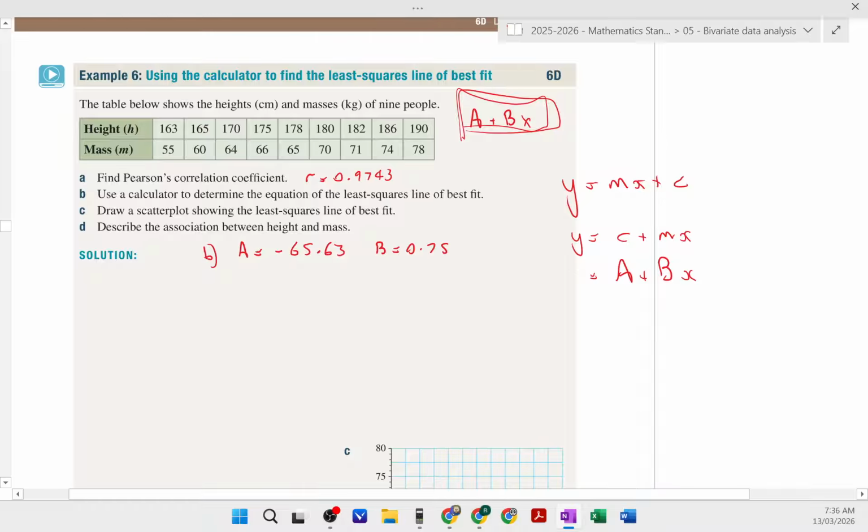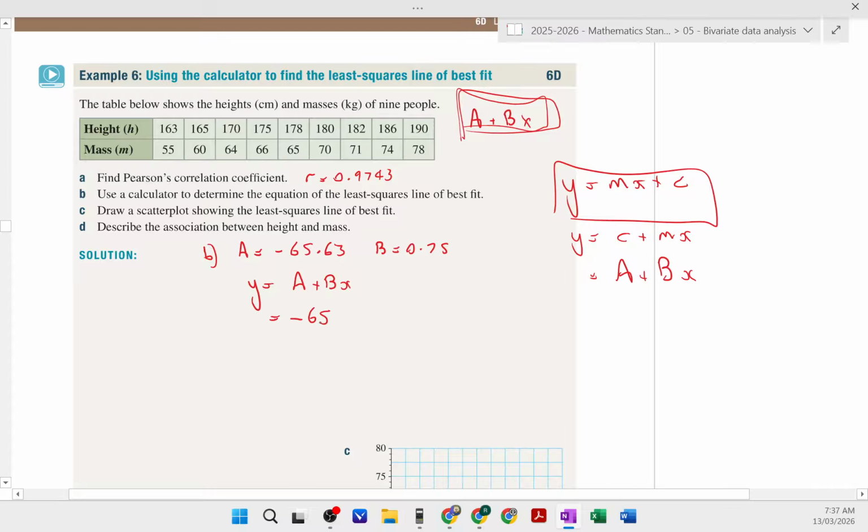All I'm going to do is sub those in. Instead of y equals c plus mx, I'm going to replace it with a plus bx, which would give me